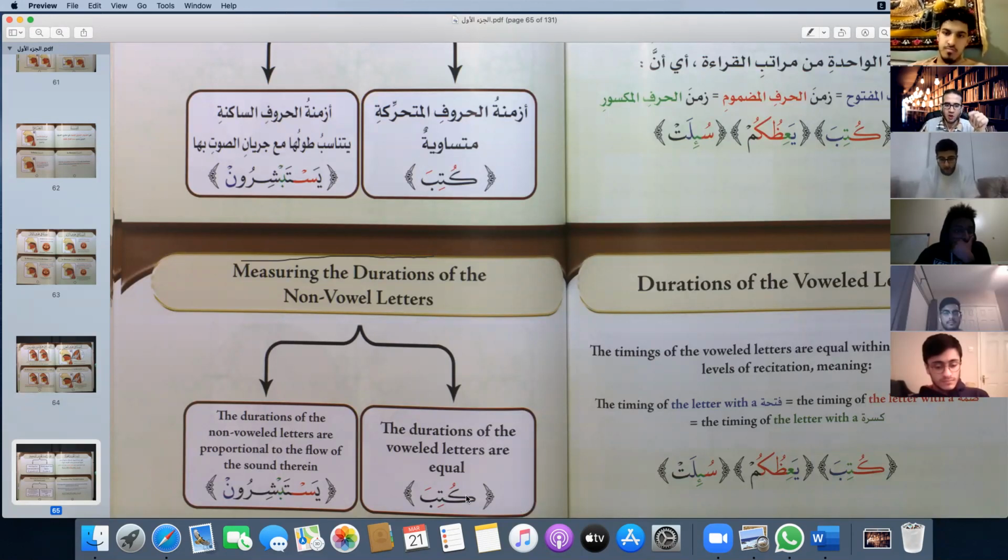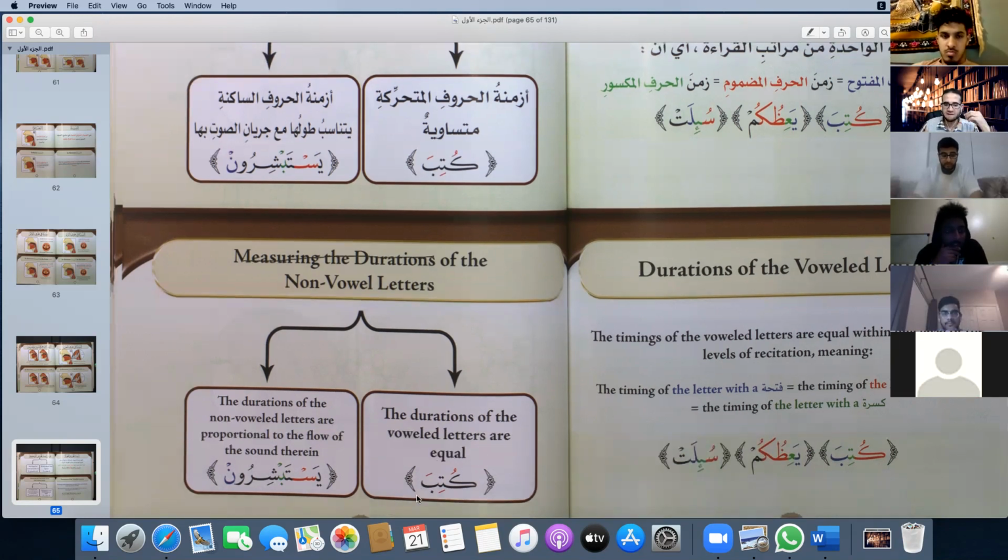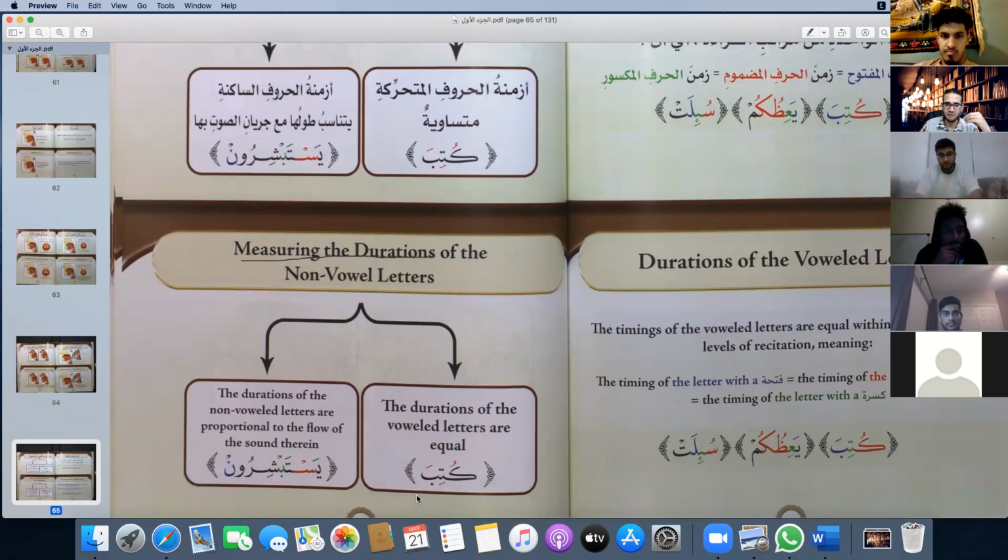Look at this example here: kataba. The kaf, you tell me now, guys. Is the kaf, or ta, or ba strong, or soft, or between? Shadid, rakhu, or bayn? Kaf is shadid. Very good. Ta is shadid. Ba, same. It's also the same. So maybe this example is not a very good example to demonstrate that all letters have the same